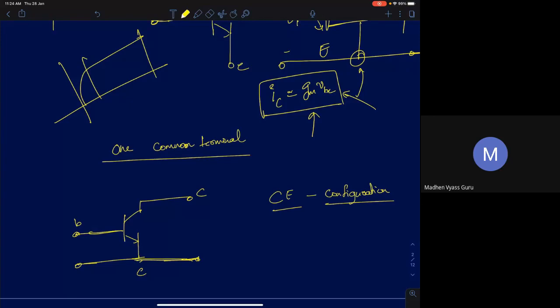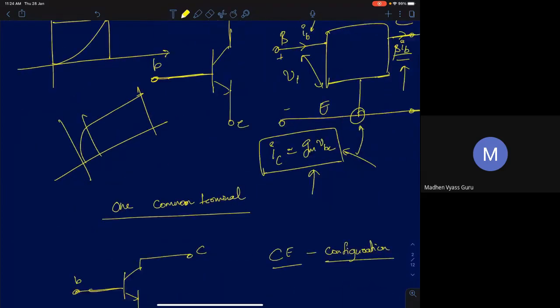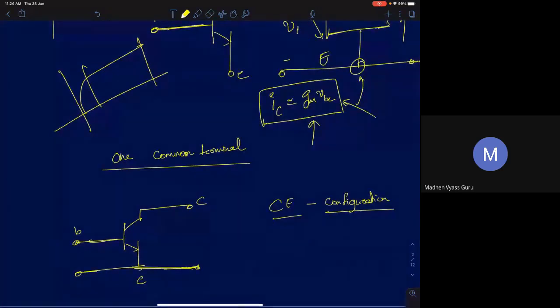Okay, you got it right. I was just giving you a motivation as to why we are deriving the small signal model. The reason is we want to find all these parameters, R in, R out, A naught. That's why we are deriving the small signal models and all of that. From the small signal model, we will calculate the voltage gain. And if I feed a small sine wave at the input, I already know what amplitude I'm going to get at the output. That's the whole idea of finding the model.